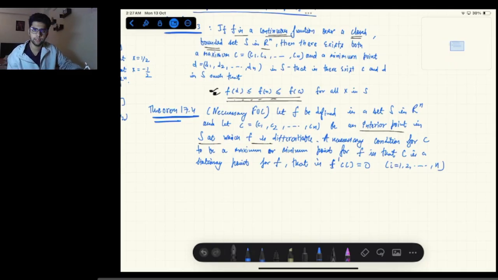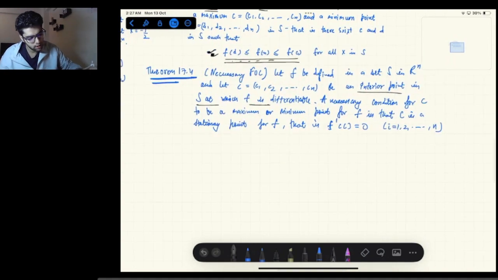So what this means is, now the necessary first order condition, right? So let f be defined in a set S in Rn. I have explained this, what S in Rn means. So for example I have n is equal to 2. If I have n is equal to 2, so n is equal to 2 means S belongs to R square, which means